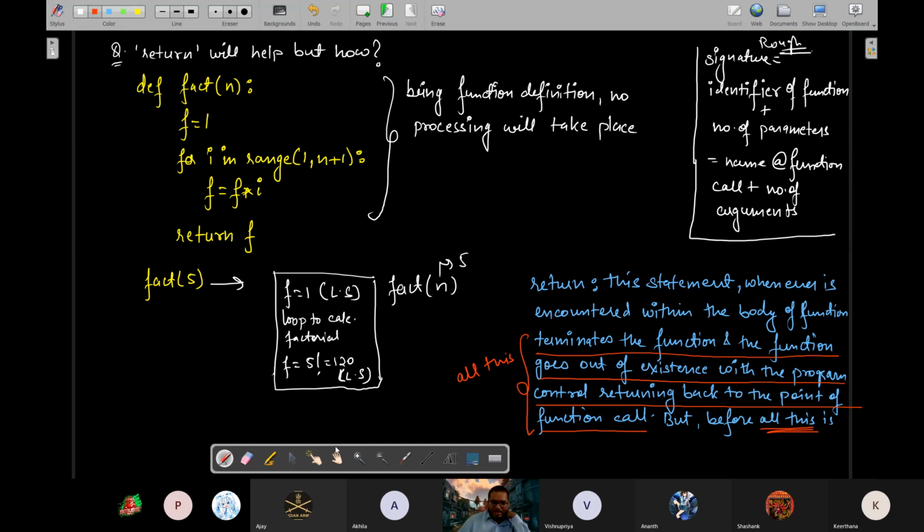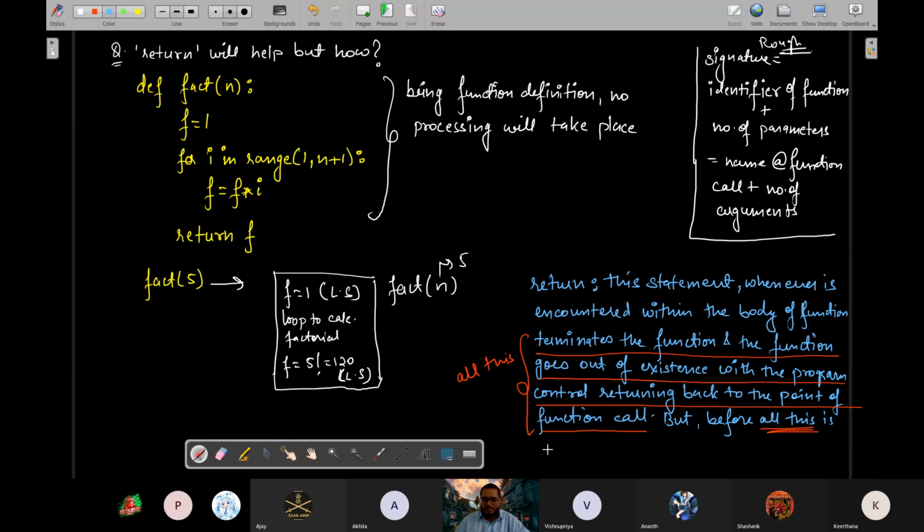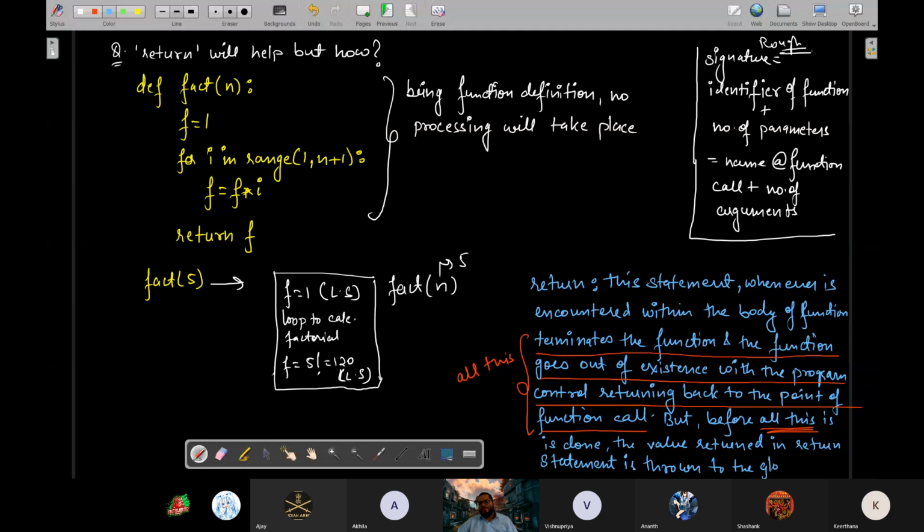ठीक है? But before all this is done, the value returned in the return statement is thrown to the global scope. ठीक है?